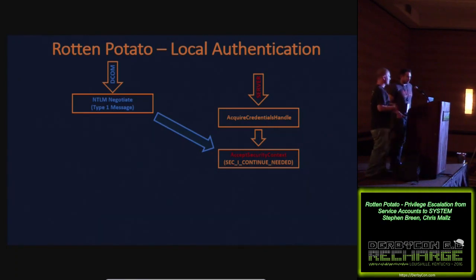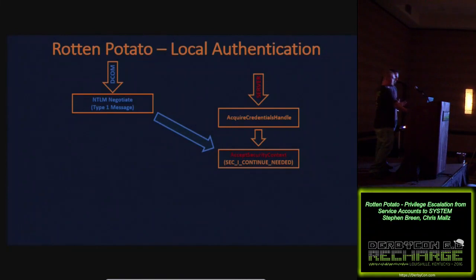So where it says DCOM over there, that's DCOM talking to your listener, your proxy on port 6666. It sends you some packet, and inside that packet there's an NTLM blob. You rip that out, and you just throw it into the Windows API call to accept security context. That's all you're doing. It's pretty simple, honestly.